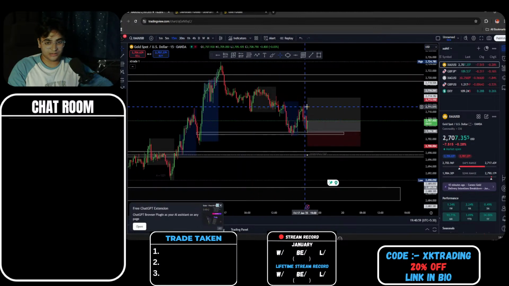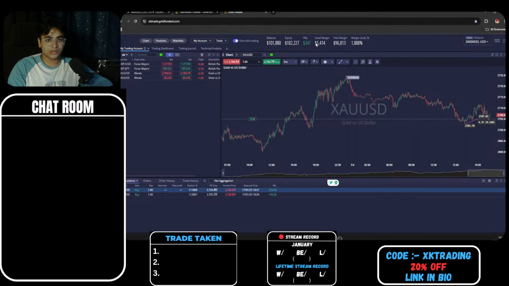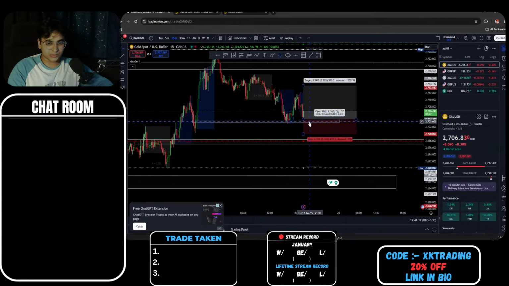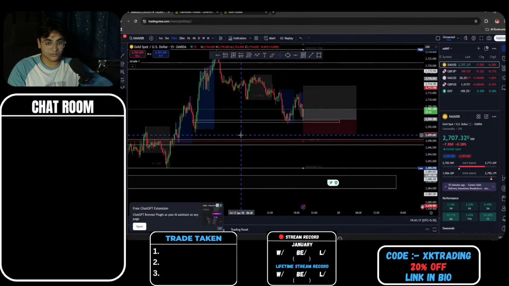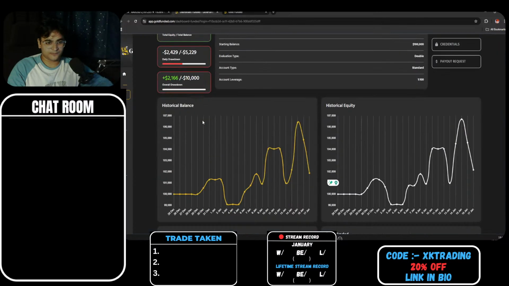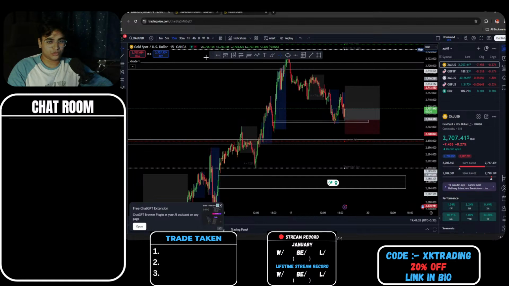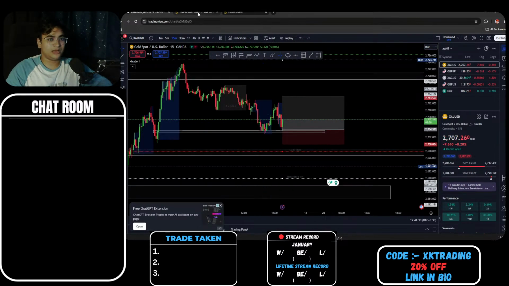And yeah, once we take out the highs first, I'll be closing everything here. But we'll see what we do. Currently we are up around $300 or so on this trade. Let's see what we do. But to be honest, there's a high probability we can still break below this structure, tap into these zones, and then move forward. All right, that could be overall my trade idea today. But let's see what price has planned for us.